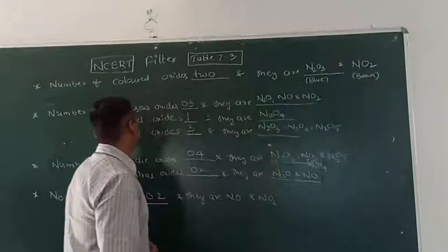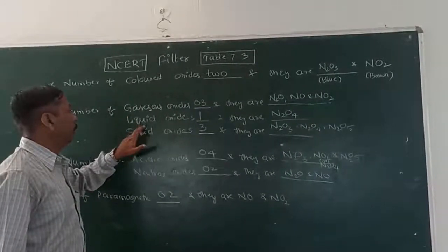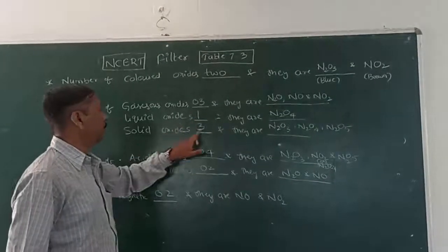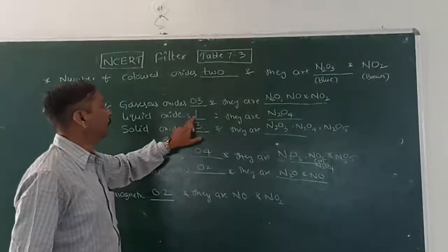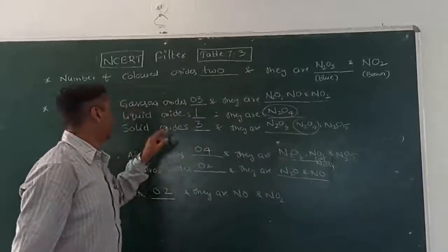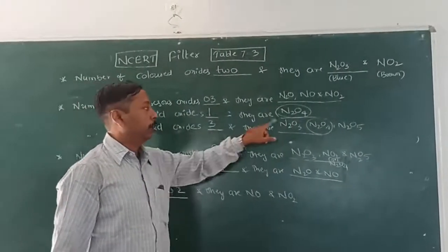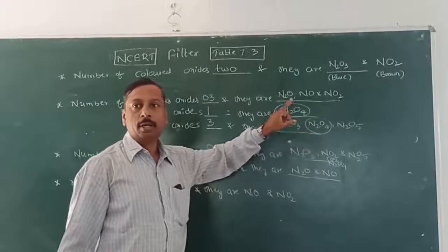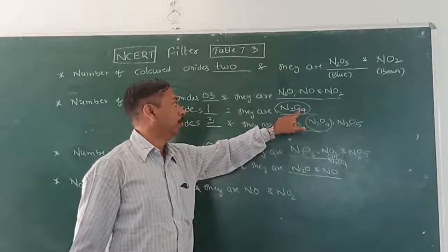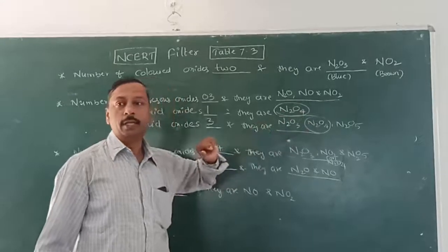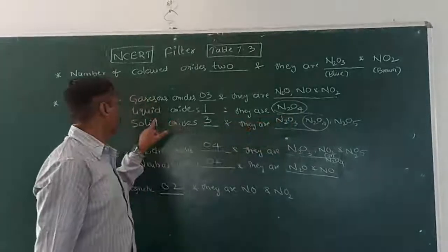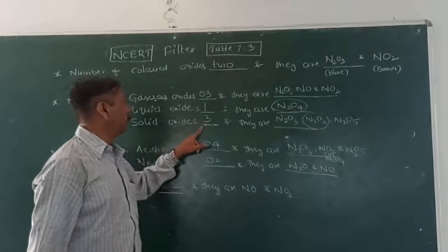Okay. Now next, the number of gaseous oxides, liquid oxides and solid oxides. Gaseous oxides are 3, liquid oxide is 1 and solid oxides are 3. Okay. And here we can find N2O4. There is ambiguity, but in NCERT it is given as solid or liquid. That's why I am counting N2O4 in both of them. So we can claim that if you take it as solid, or if you select it as liquid, you will still get marks because of the NCERT authorization. Okay. So liquid oxides are 1 and solid oxides are 3.